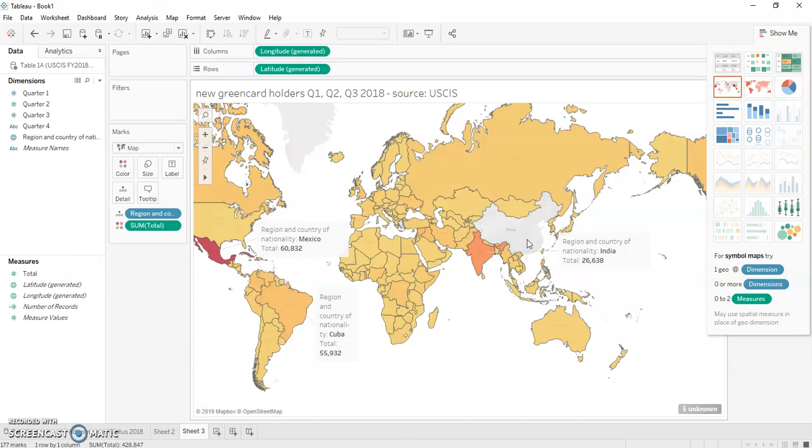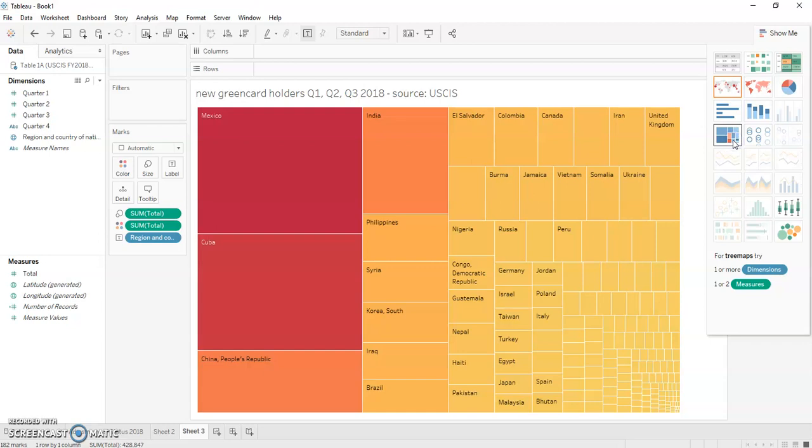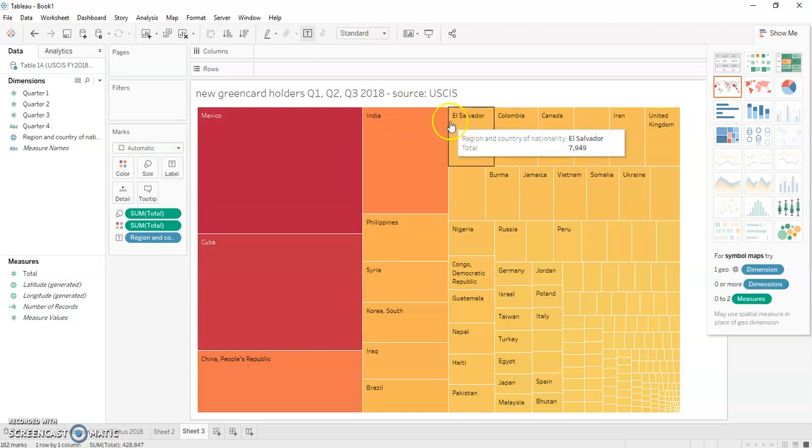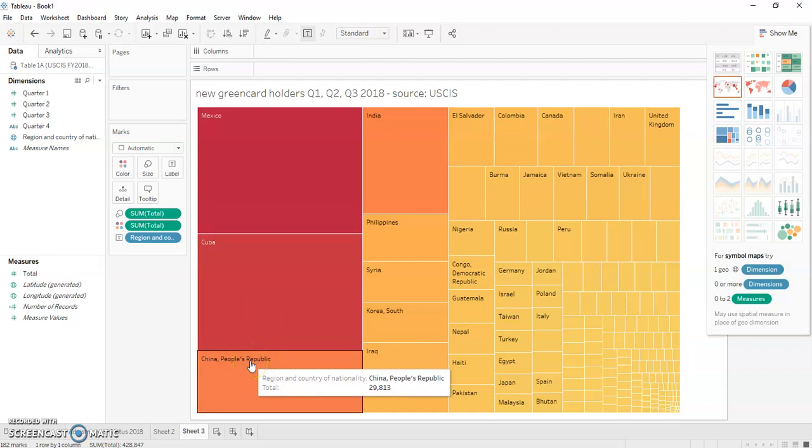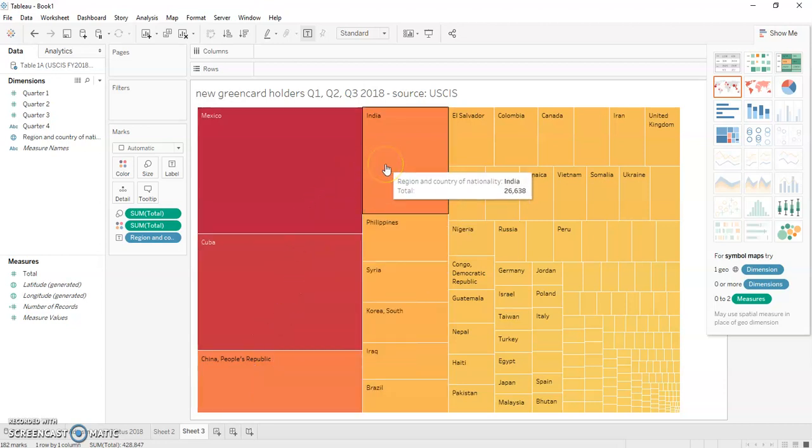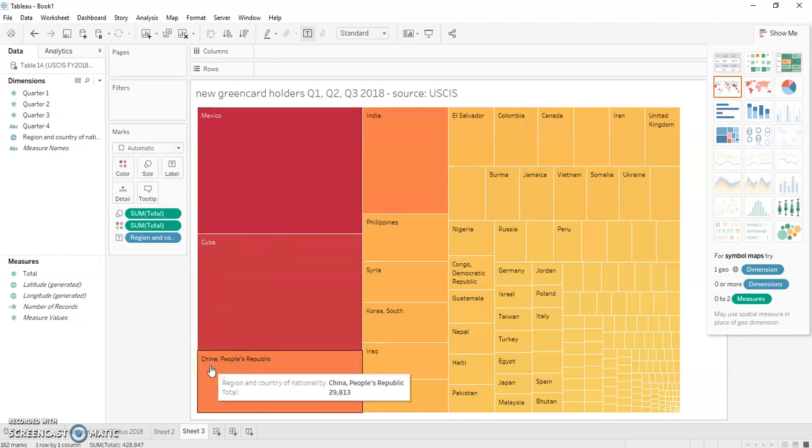Now, on that note, let me also go back to the right-hand side to my various other options to show my data. This is another favorite of my graphs that Tableau can provide. And see there, China actually is there, but it has a different name. China as in People's Republic of China. So our third biggest contributor to new green card holders in the US is actually not India. India is number 4 with 26,638. The third biggest is China with